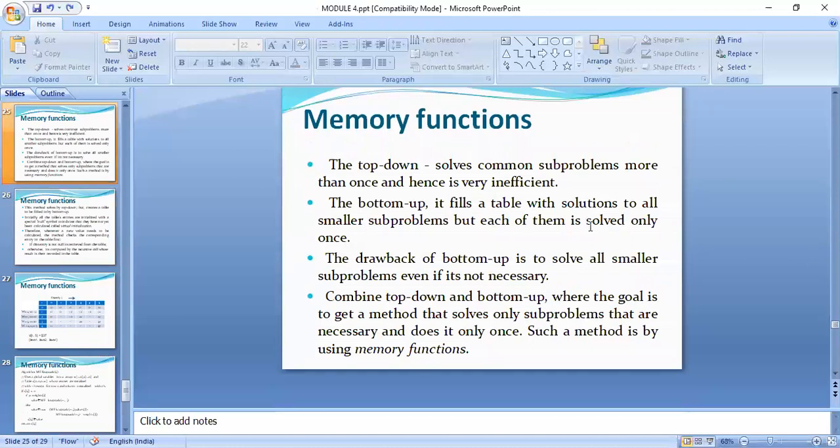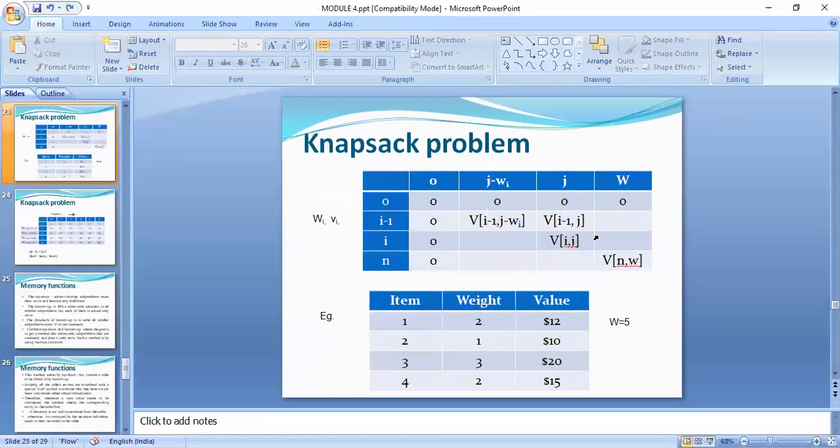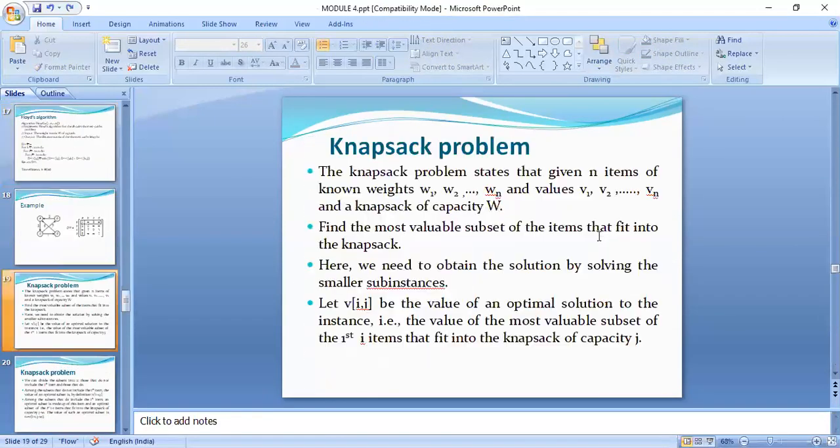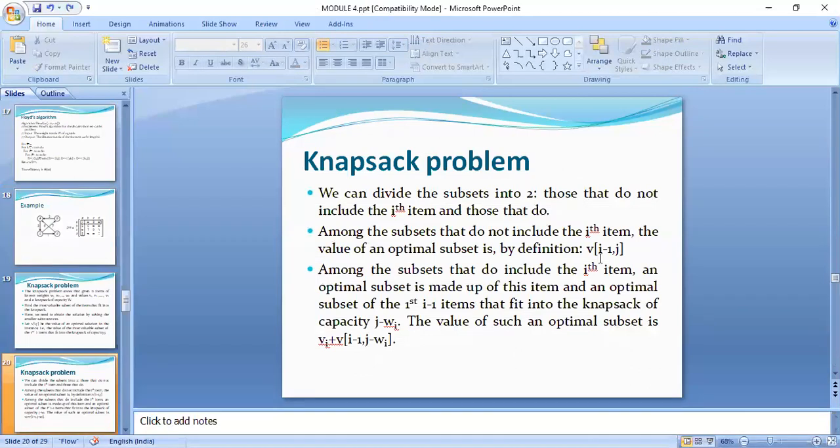The knapsack problem is solved based on dynamic programming, where you need to find out the maximum profit. For that, you will be given n number of items and you need to get the solution. When you are getting it, it is a subset. So an item can either be included or it can be excluded. Once we are including the item, we have to see how to calculate the values. If you are not including the item, you need not do any calculation. It depends upon the previous value.